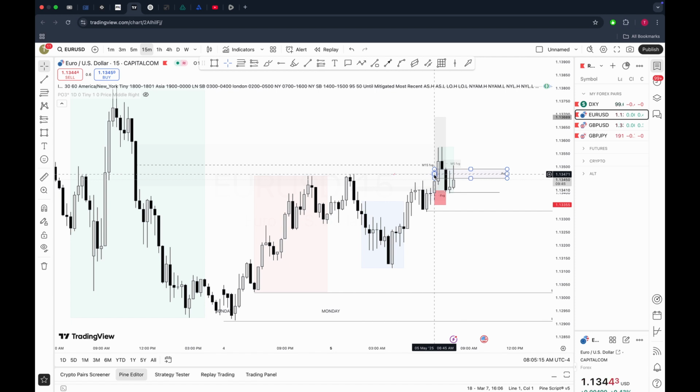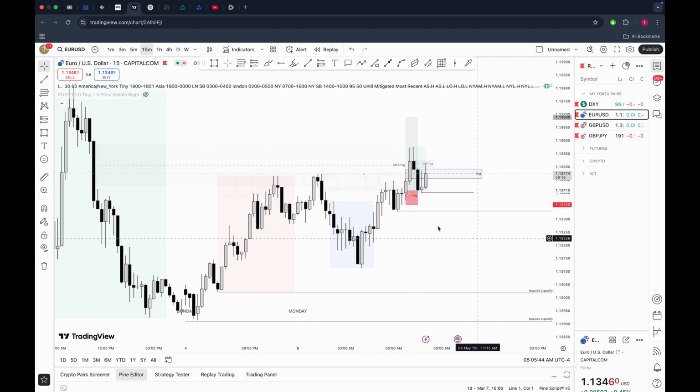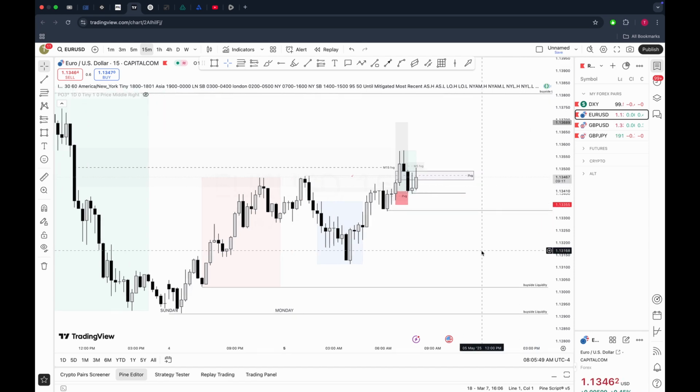I just want to wait to see more confluence before I can enter this trade. I want this 15 minutes to close bearish, then I can enter the trade from there. I'm watching. That is what I'm seeing on the chart. We've not had any entry yet, but if we do, I'll record and give you a feedback.